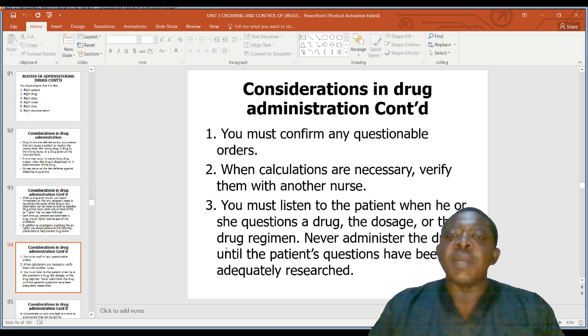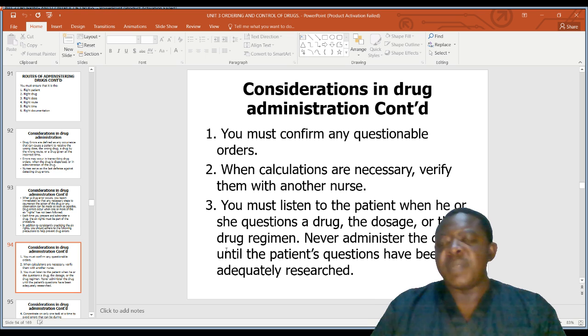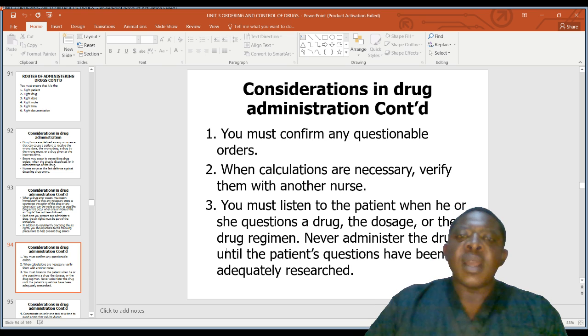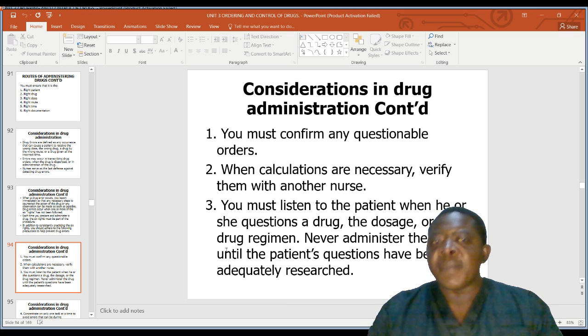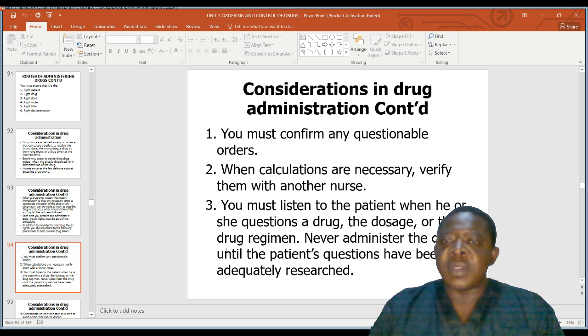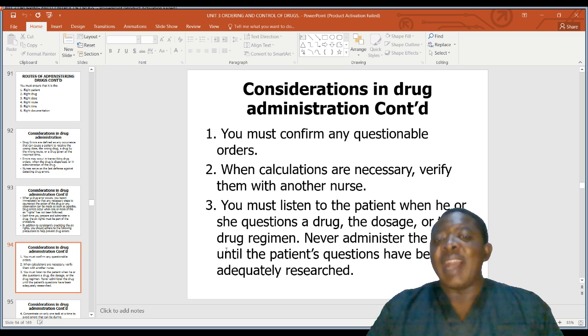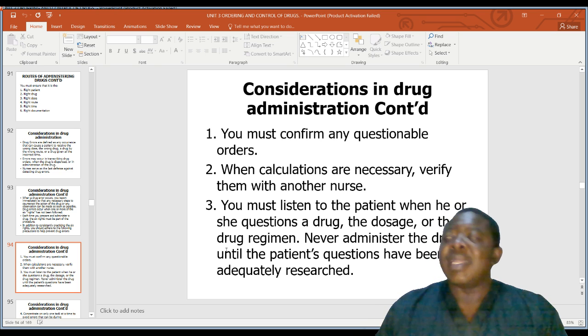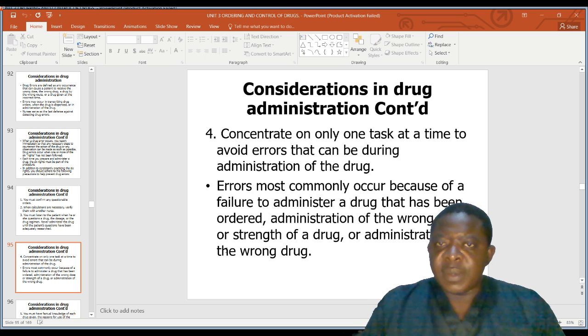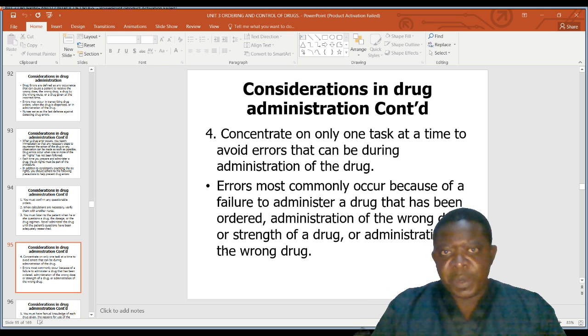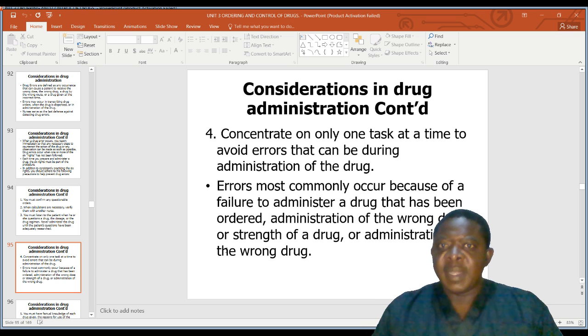One, you must confirm any questionable orders. Two, when calculations are necessary, verify them with another nurse. Three, you must listen to the patient when he or she questions the drug, the dosage, or the drug regimen. Never administer the drug until the patient's questions have been adequately researched. Then, number four, concentrate on only one task at a time to avoid errors during administration of